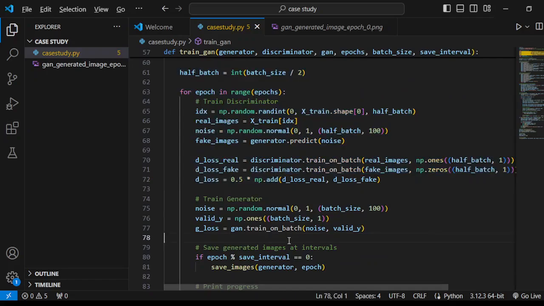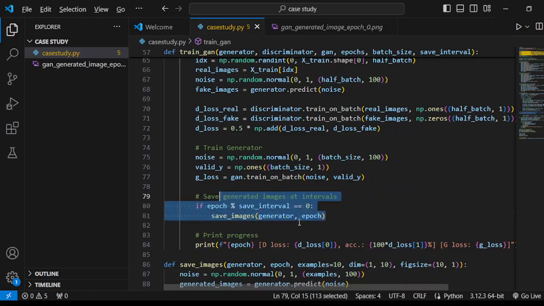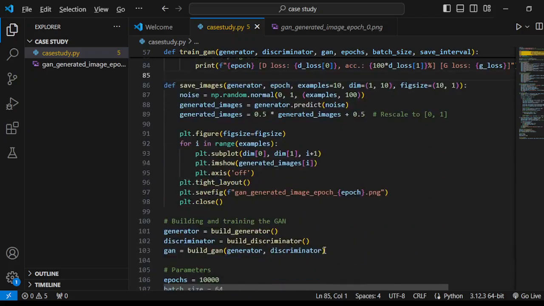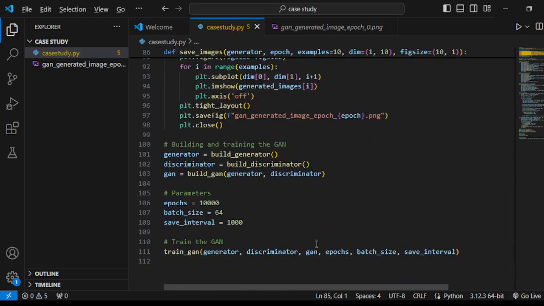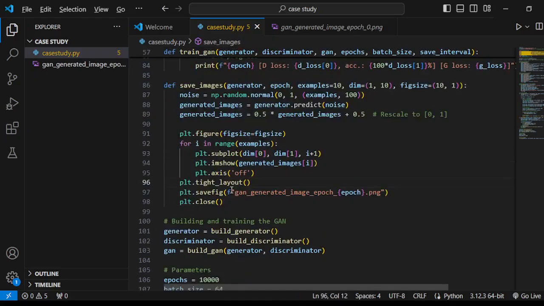So what we will do here is train the generator, save the generated images at certain intervals, and print the progress as well. These are the things responsible for making this happen, up to plt.plot.close. Here also we are using the library named as